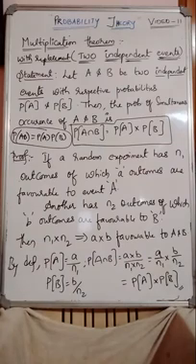Right? So now let us see the problems based on the multiplication theorem of dependent and independent events. Once again I repeat, dependent and independent will not be stated in the question. By seeing the question itself, you have to decide what is to be calculated. If an OR case comes, that is totally the addition theorem. If an AND case comes, that is totally the multiplication theorem. Remember guys, OR is for addition, AND is for multiplication; union is for addition, intersection is for multiplication. Clear? So let us see the problems now.